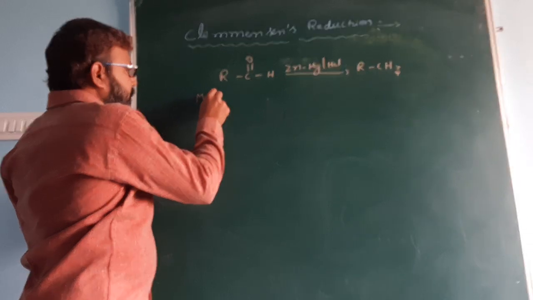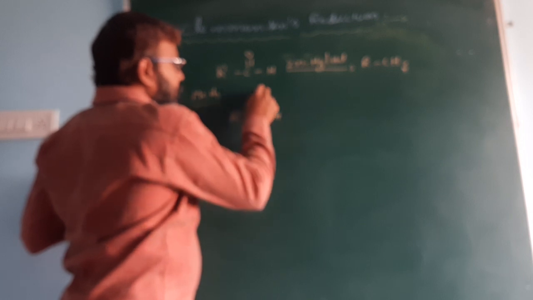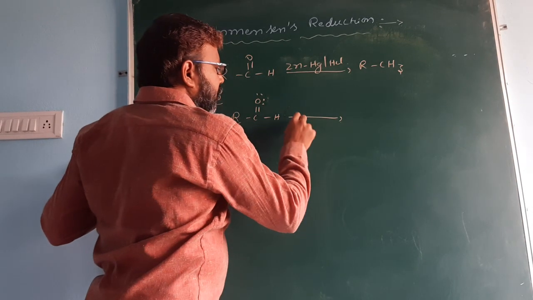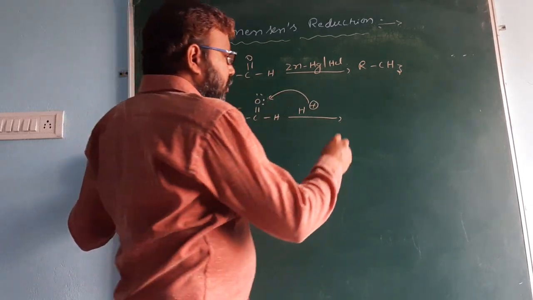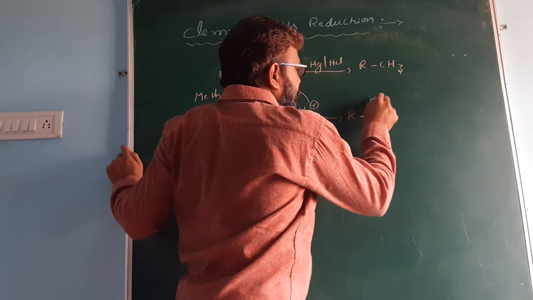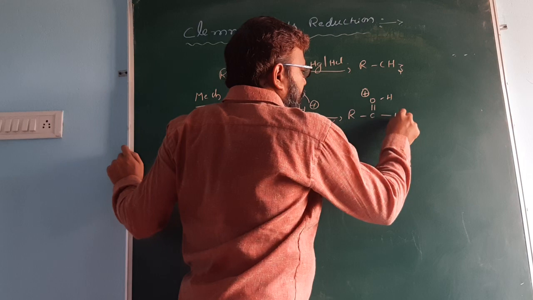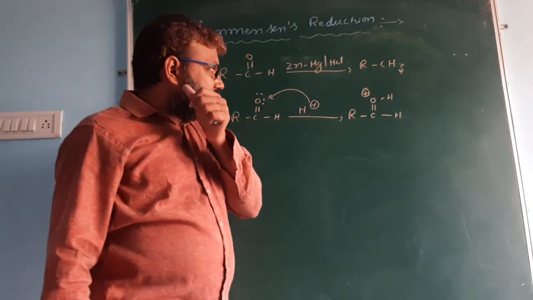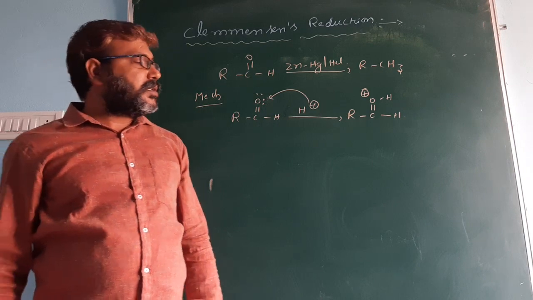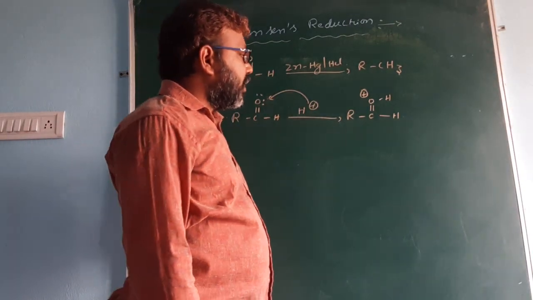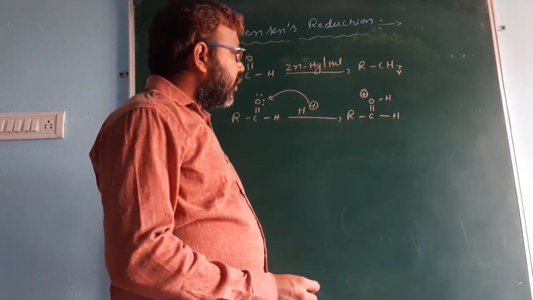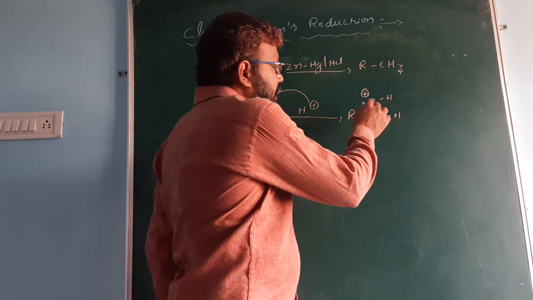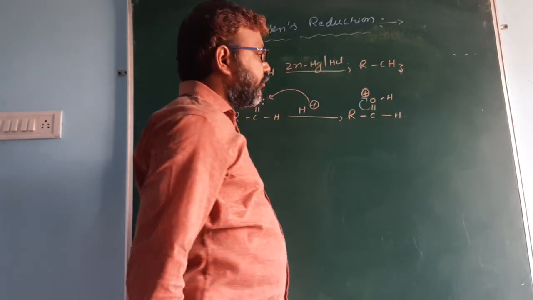Now you see the reaction mechanism. So in RC double bond OH, oxygen has a lone pair of electrons. The reaction takes place in acidic medium. H plus attacks on oxygen to give an oxonium ion. In the oxonium ion, oxygen has a positive charge. It is unstable because oxygen is the second most electronegative atom in the periodic table. A more electronegative atom always carries negative character, but here oxygen carries positive character. It is unstable. This pi bond electron shifted to here.